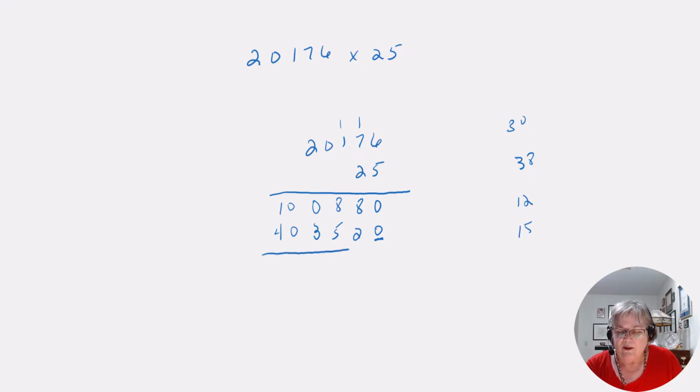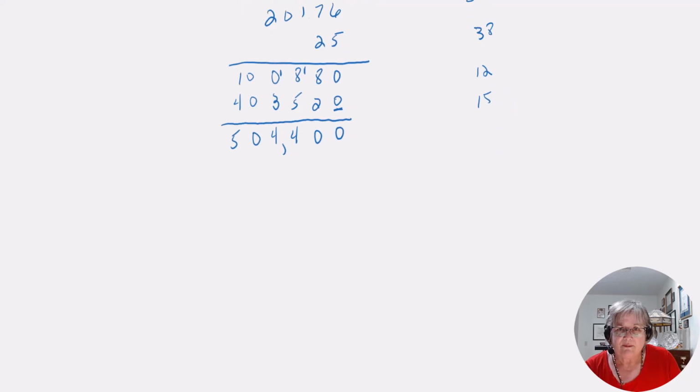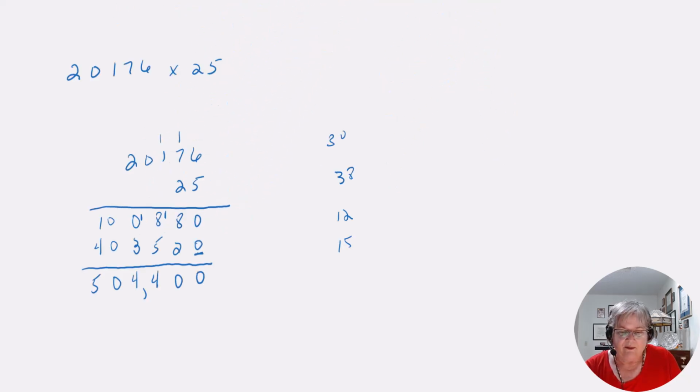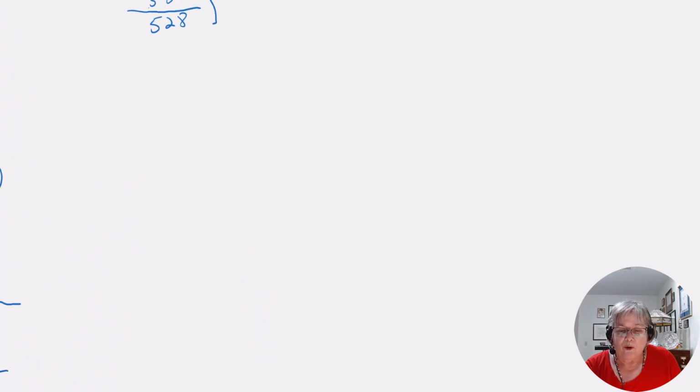So when you add all this up, you have your 0. 8 plus 2 is 10, carry the 1. 8 plus 1 is 9, plus 5 is 14. Write the 4 down, carry the 1. 1 plus 0 plus 3 is 4. 0 plus 0 is 0. 4 plus 1 is 5. So this is 504,400. Okay? Now, let's try kind of a math problem with a little bit of words in here